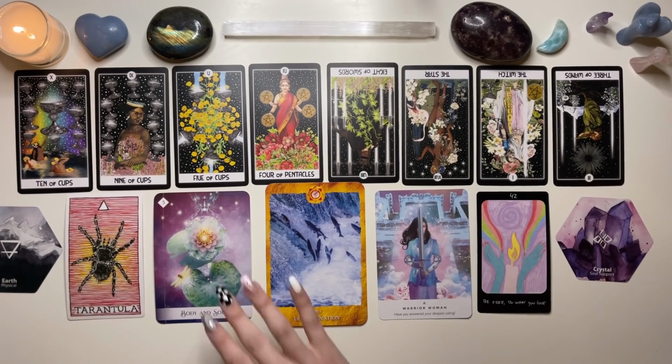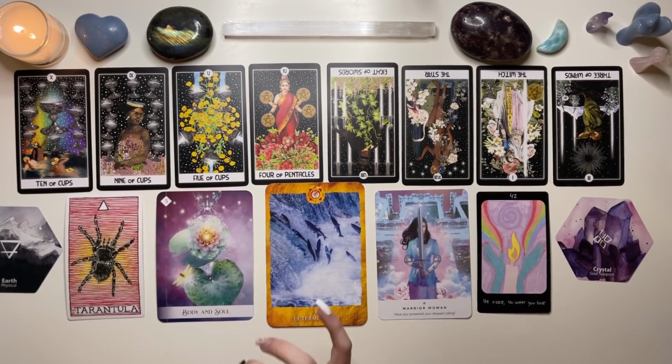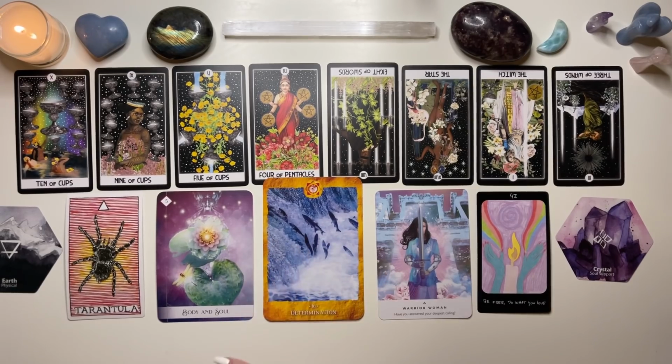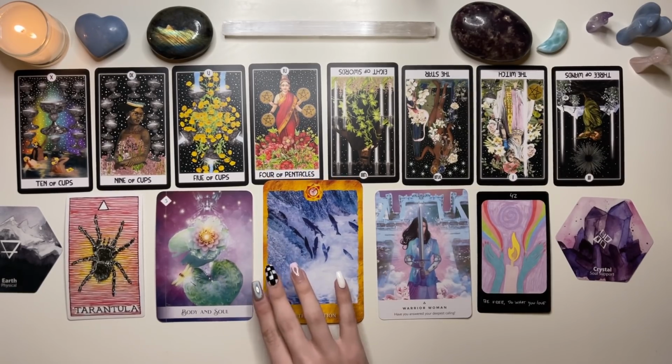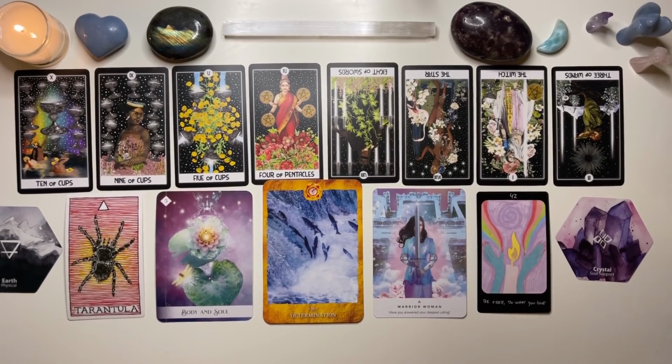You're really holding back. And with this body and soul, I think one thing right away that needs to start happening, this card talks about extreme self-care. You've been neglecting yourself a lot, not just spiritually, but like physically, emotionally, mentally. I think that you've really been in survival mode for a while now, and maybe you might not realize it's survival mode. Honestly, one big thing about survival mode that I've learned is that it's really hard to recognize that you're in survival mode